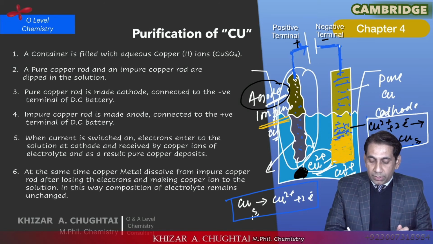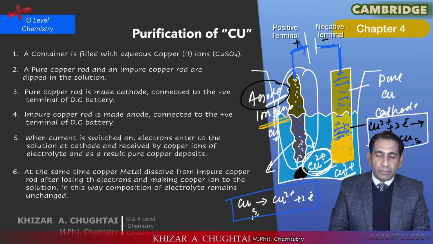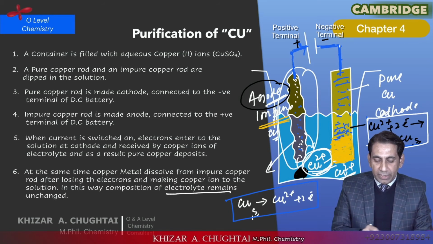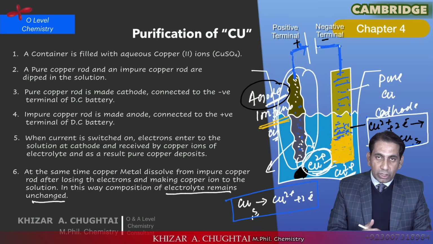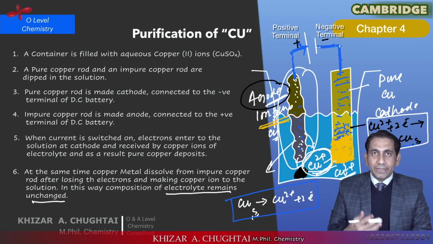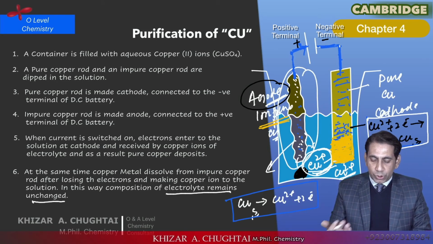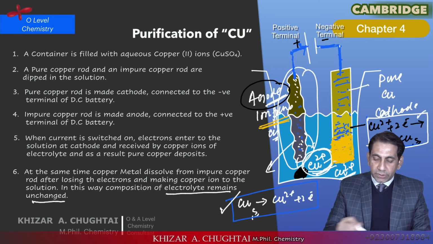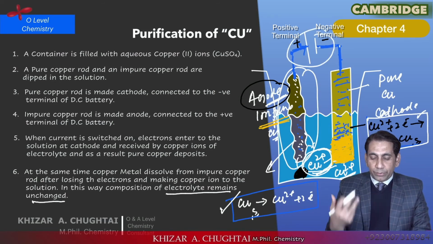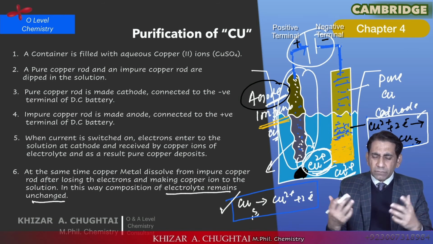As you know, this anode is going to dissolve into the water to compensate for the copper ions lost from the solution. So the electrolyte remains unchanged. There is no change in the composition of the electrolyte. There is no change in the color of the electrolyte and so on. In this way, we can migrate copper from one terminal to the other terminal. You have to remember these equations. You have to remember this arrangement, the names of electrodes, the terminals of the battery, the composition of the electrolyte, the color of the electrolyte, and so on.